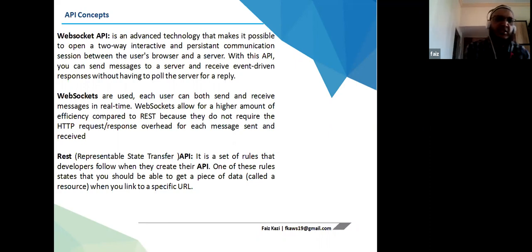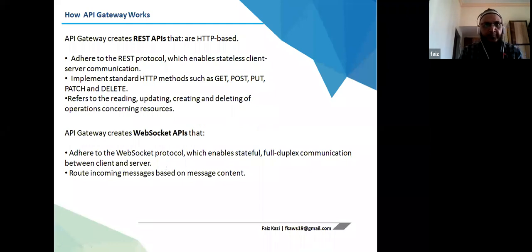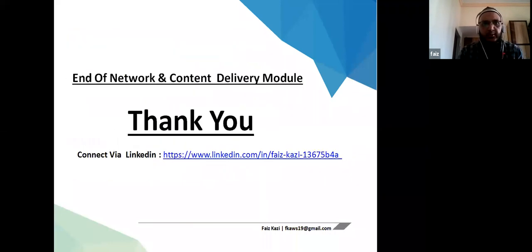So these things will come into the picture. There are two types of APIs: WebSocket API and REST API, Representational State Transfer. This is how it works.